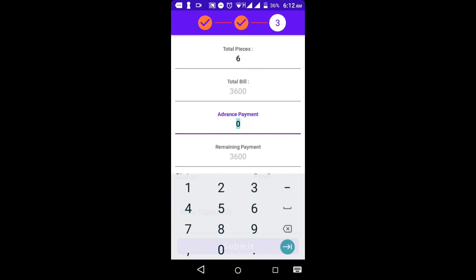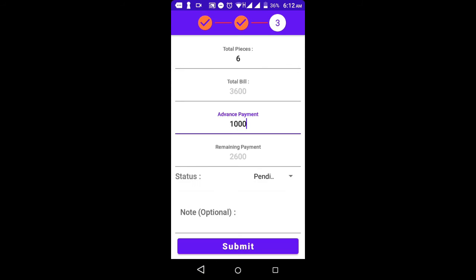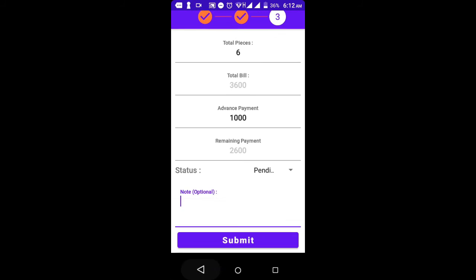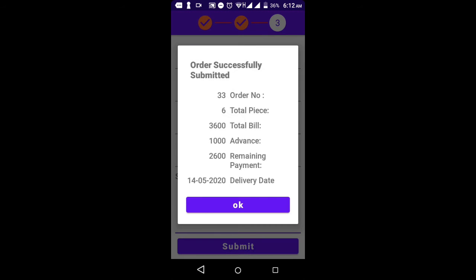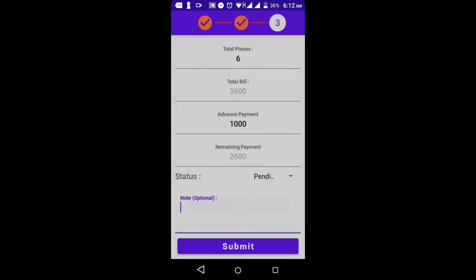And advance payment, if you want to receive any kind of advance payment, so let's say 1000. And the remaining payment is 2600. Order status by default is pending. If you want to write any kind of note with that order, then you can write it here and submit it. So this is the basic summary of the order.